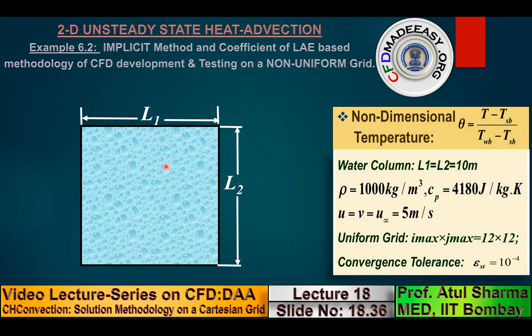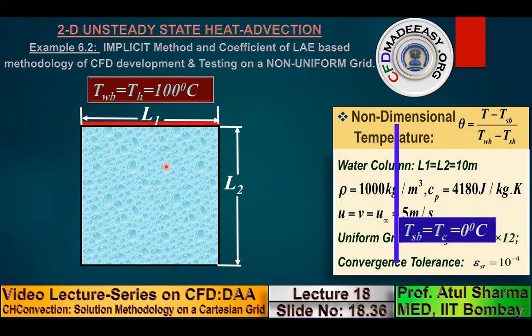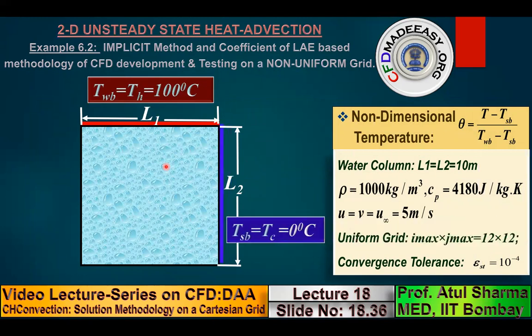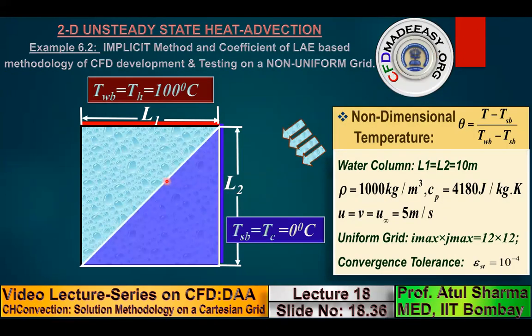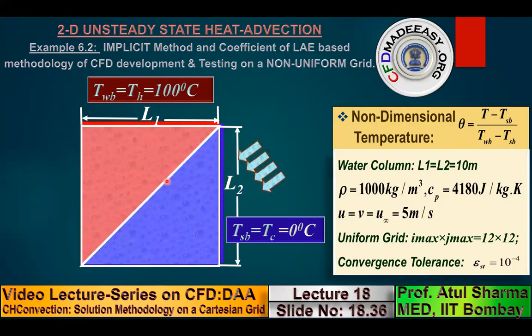So this is the flow domain, the flow region, where in the earlier problem I had taken the left boundary as 100. Now in this case, let us take the top boundary as 100 and the right boundary as 0 degree centigrade. In the previous problem, it was a diagonally upward flow. Now in this problem, let us take a diagonally downward flow. However, in this case also, below the diagonal you have 0 degree centigrade, and above the diagonal you have 100 degree centigrade. If you take the non-dimensional temperature, the non-dimensional temperature at the top boundary is 1, and on the left and right boundary it is 0.